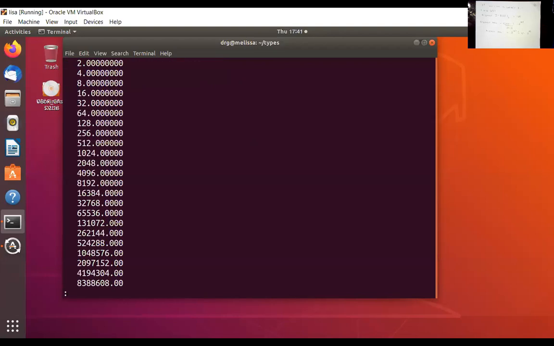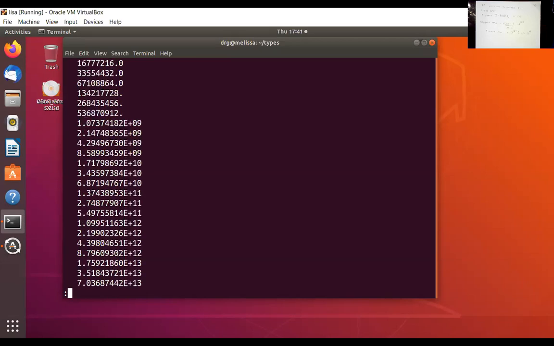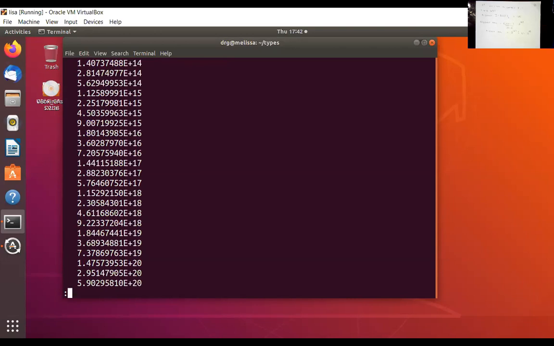As you can see, the first number that's on the screen is a 2, just like we said it was going to be. Then 4, 8, 16, 32, 128, 256, and so on. The numbers are doing what they're supposed to do. They're doubling on each iteration of the loop. By the time you get to the end of the second screen, your numbers are in the range 7 times 10 to the 13th power. The e plus 13 means scientific notation. Now we're up to 5 times 10 to the 20, 4 times 10 to the 27,